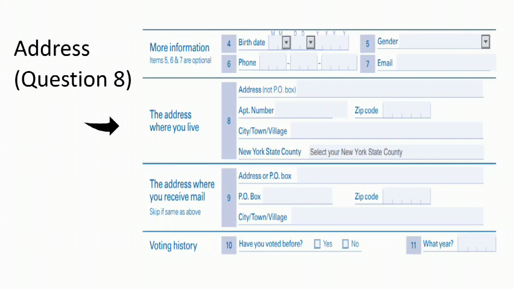want to vote in. But again, if you're living on Buffalo State's campus, but you actually want to get your mail at your parents' house, or you have a P.O. box, you can utilize question number 9 to fill out that information. If your address where you live is also where you want to receive your mail and your information about voting, if they're the same, you can skip question